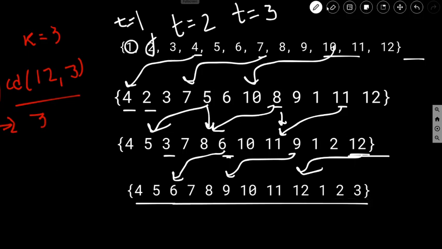The best thing is that in the previous approach we were performing the operation d times, and each of those d times we were shifting all the values. In this GCD approach we are shifting only some particular values, like 4, 7, 10. In the second set we have 5, 8, 11, and in the third 3, 6, 9. So the time taken in this approach will be less compared to the previous one.